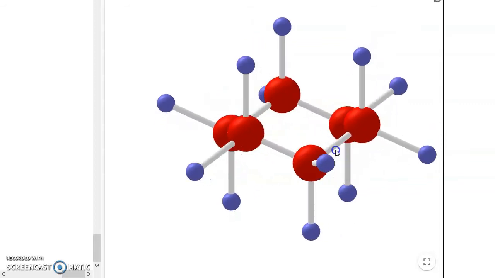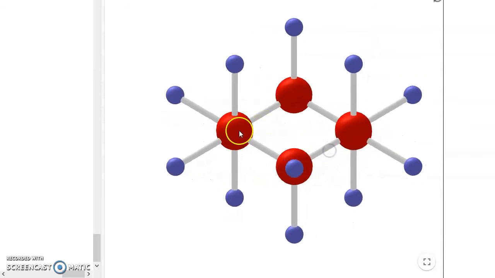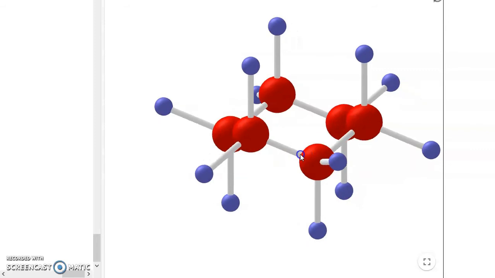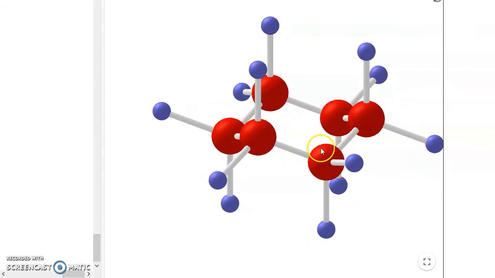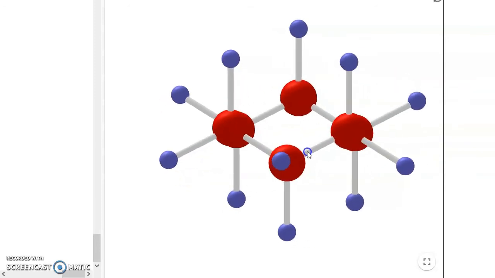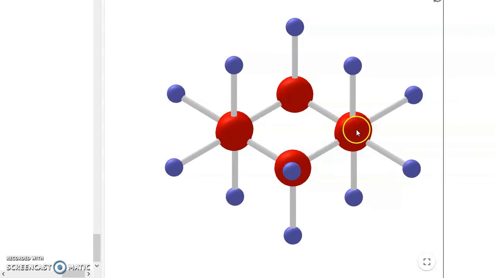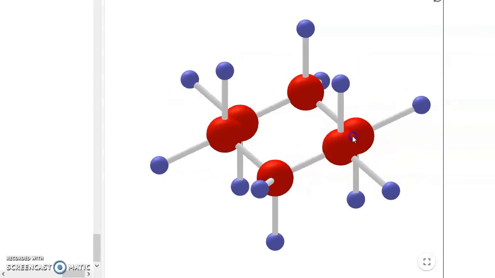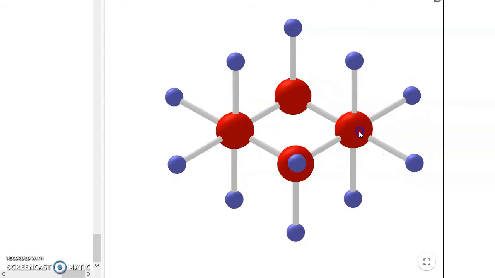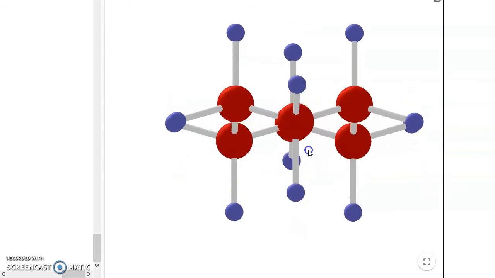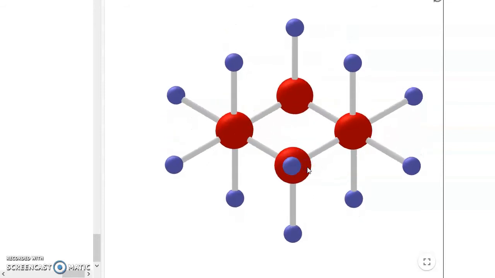You just rotate it. What we find is that these 2 carbon atoms have eclipsed. If we number this as 1, 2, 3, 4, 5, 6, you see that carbon 2 and 3 have eclipsed. Similarly, 5 and 6 have eclipsed. Then even 1 and 4, they are also in the eclipsed form. Moreover, if you observe this closely, if we consider this carbon atom, that is carbon 1, as a substituent and carbon 4 also as a substituent,